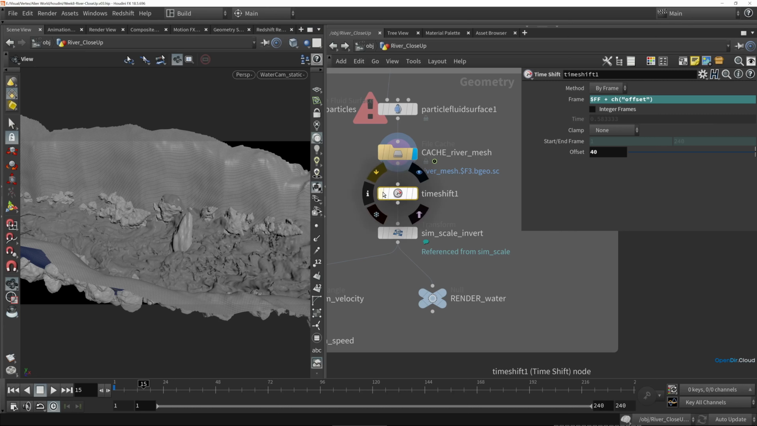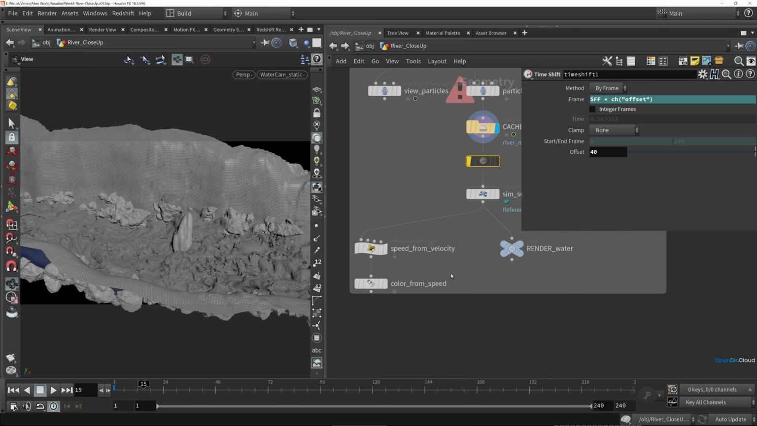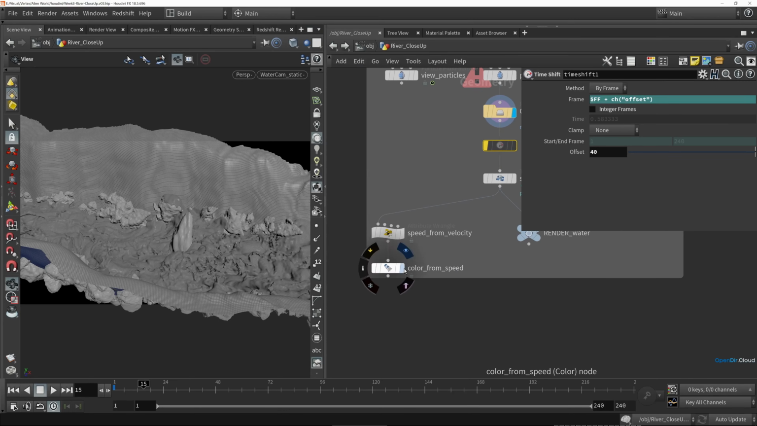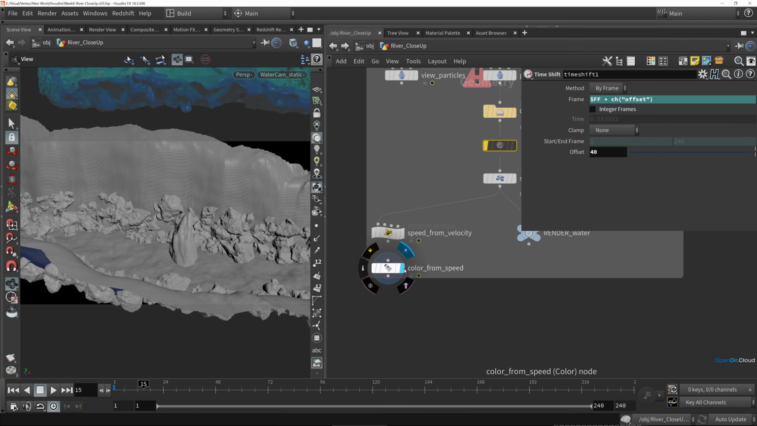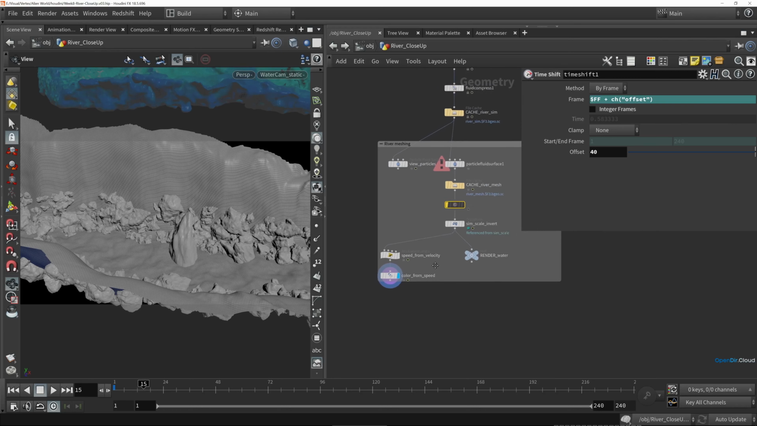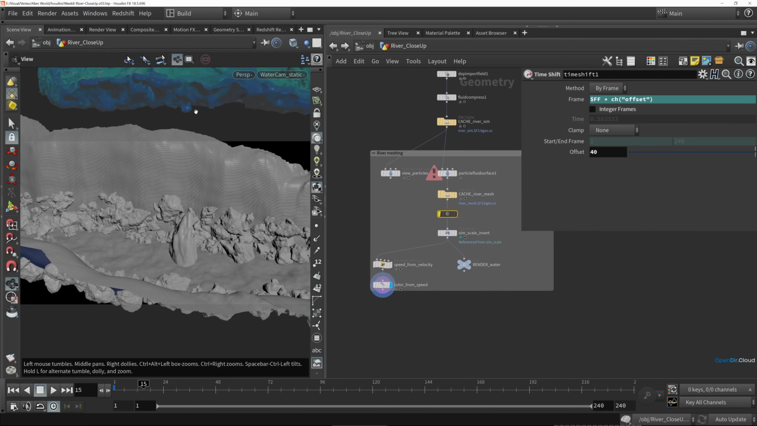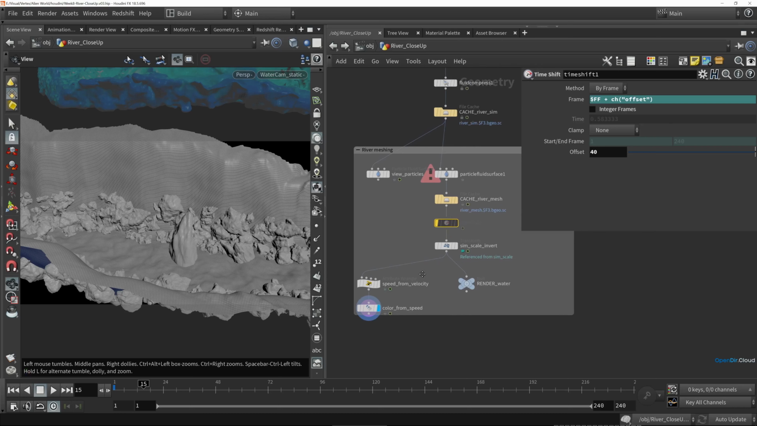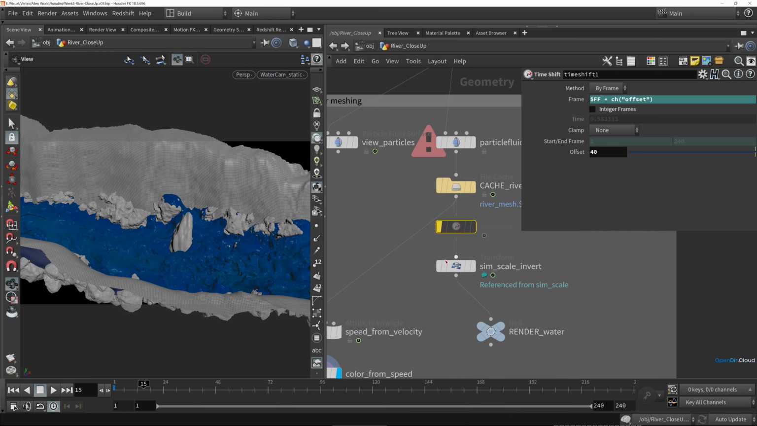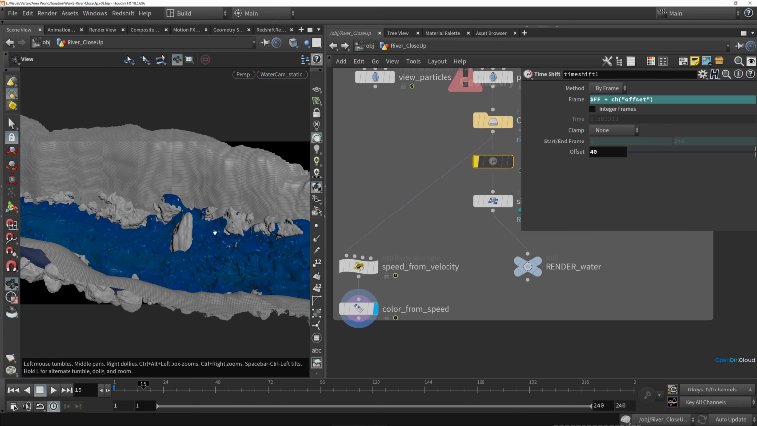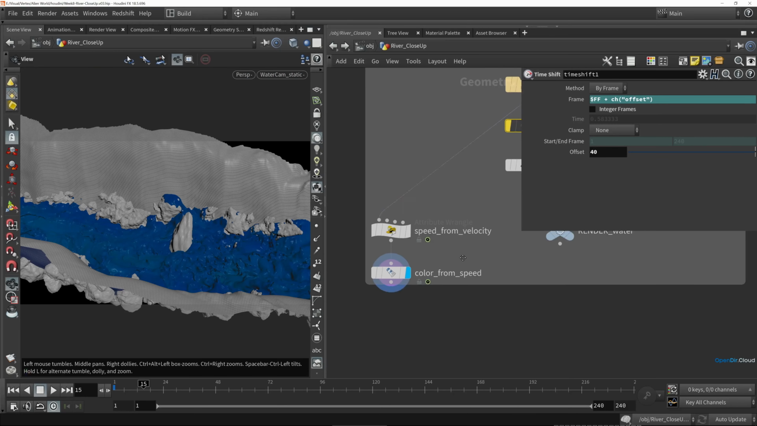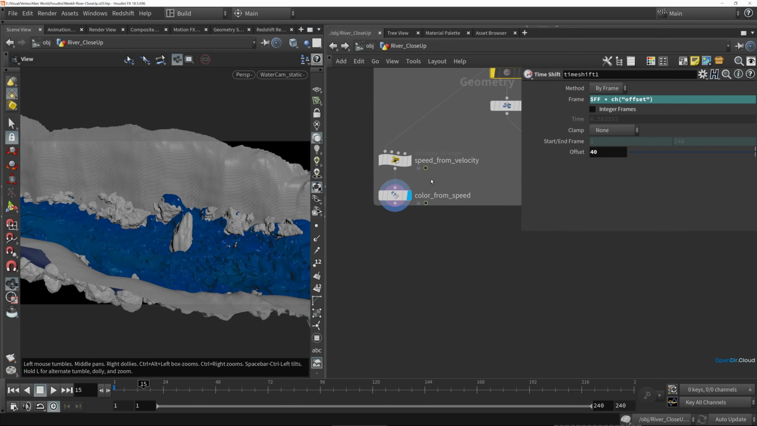So I'm just going to disable this time shift and then display our color SOP that's coloring the mesh based on speed. And currently this is using the render scale mesh. So I'm going to reconnect this directly to the cache so that it's bypassing the sim scale inversion. So now we can see our colorized mesh in the correct space,